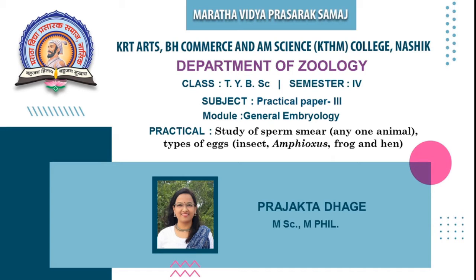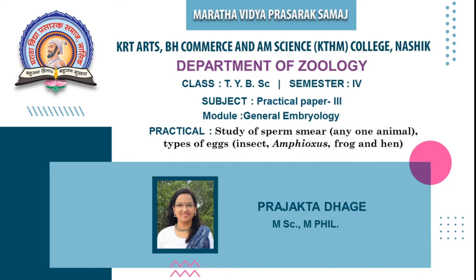Now first let us understand what are sperm and eggs. Basically sperm and eggs both are referred to as the gametes. These are haploid structures. On fusion of egg and sperm, it is going to result in the formation of a zygote, and the zygote is going to divide to give rise to the organism. Zygote divides, embryo forms, and then you have the organism.